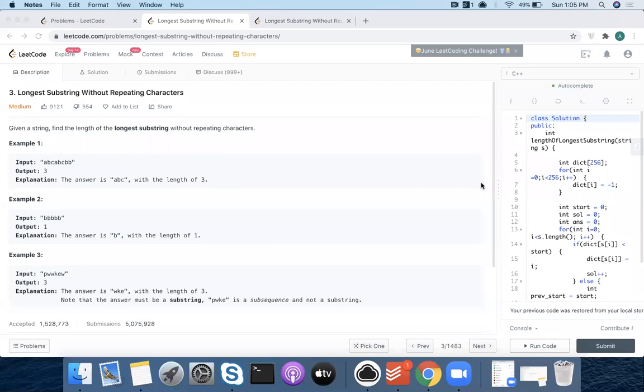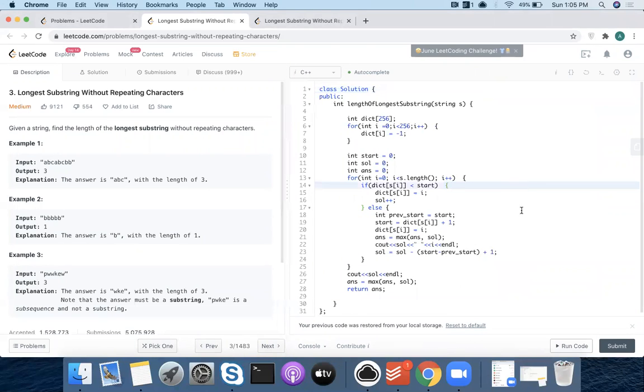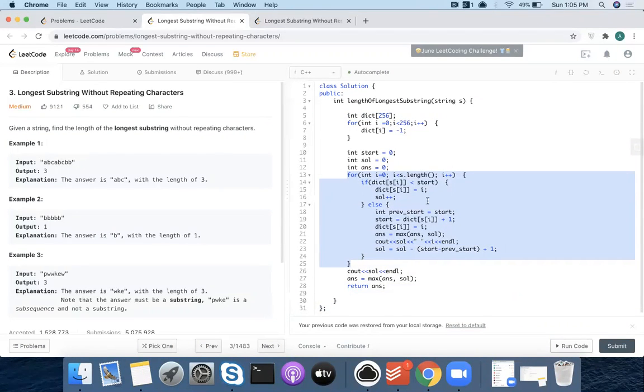So yeah, this is the solution, and this is just 20-30 lines of code. I'm doing the same thing, but instead of a hash map, I'm taking an array of size 256 to save some space here as well. Lookup in an array is a little faster than a hash map. If you know that your hash map is very small with respect to the size of n, then go ahead with an array. Other than that, everything is fine.